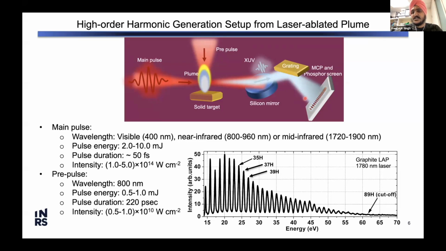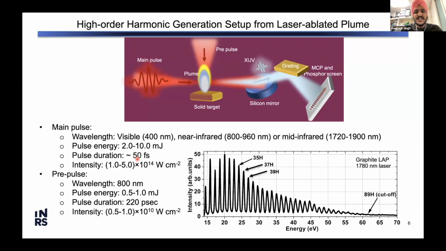And finally, the generated spectrum is recorded with the combination of MCP and phosphor screen. To do the ablation of the solid target, we use stretched picosecond laser pulses with the typical pulse energies of half to 1 millijoule at 800 nanometer. And then the main pulse, which is used to generate harmonics, is a compressed pulse with about 50 femtosecond